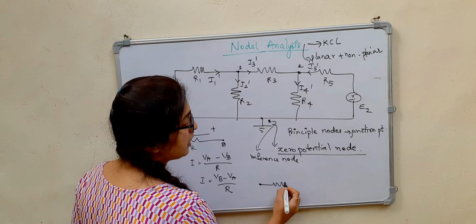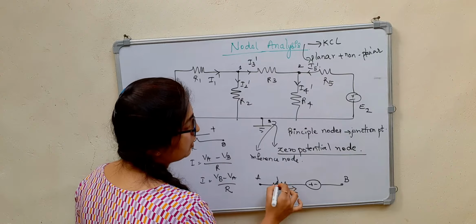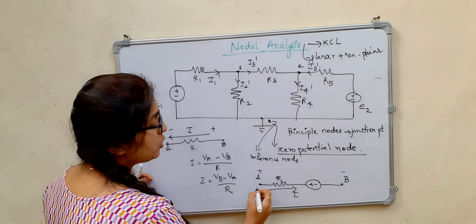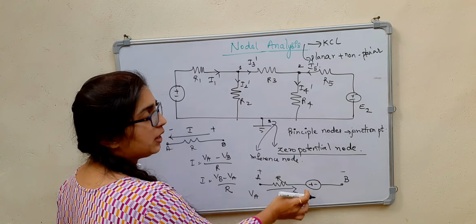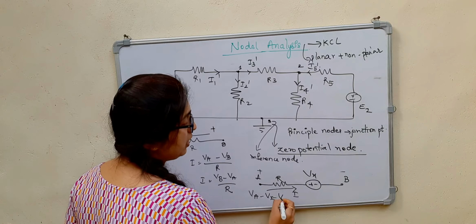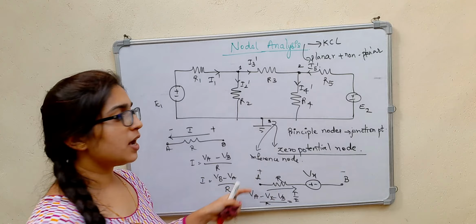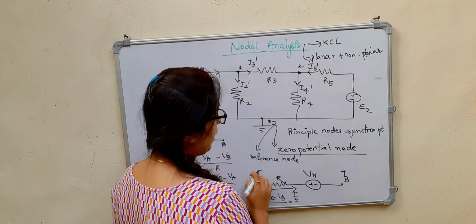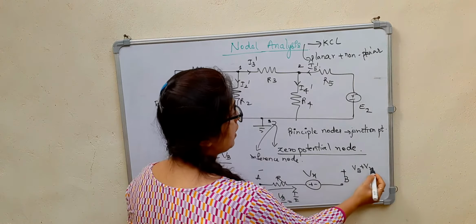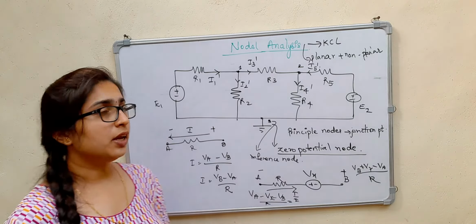Consider if the resistor is connected with a voltage source, like this is B and this is A, and the current I is flowing in this direction. Then you can consider this as higher potential and this as lower potential. So we have VA, and when you go like this, you get the plus sign first, so it will be minus Vx, then minus VB, divided by R will be equal to I. Similarly, if the current is flowing in the other direction, first this will be plus and this will be minus. So for VB you are getting minus first, so it will be plus Vx. Next we have minus VA divided by R. These will be the equations for the current.